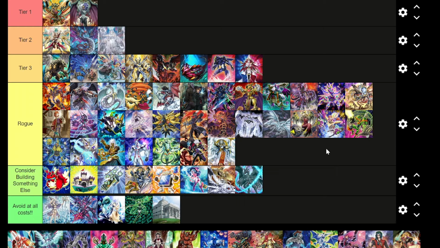Same thing with the double... Is it double Helix? I forget his name, but it's the Time Thief double something, but there's like two different Time Thieves on it. And I don't think it's good enough. It's not a good enough boss monster. Redoer is the best card in the entire archetype. You do have a few cool starters, but overall, I just don't...